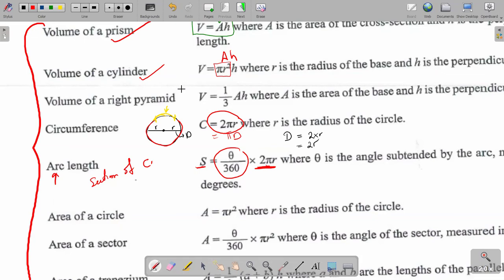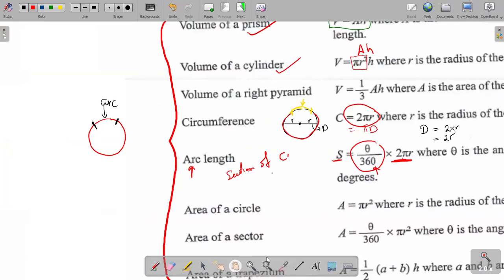Excellent. Is a circle, right? All the angles in a circle add up to 360. So let me explain again quickly. If I have a circle and I cut